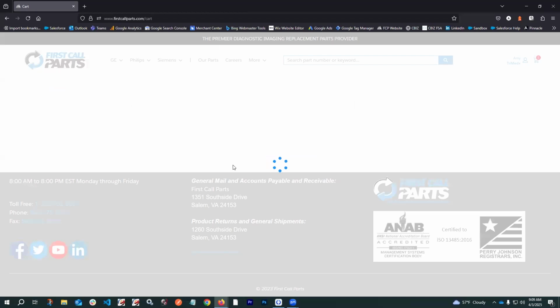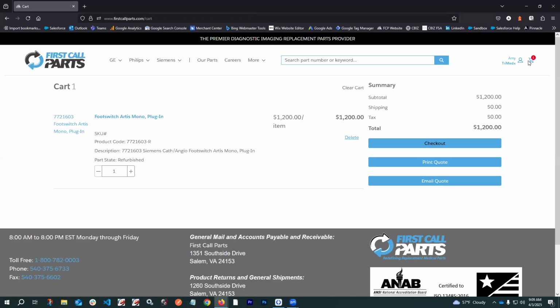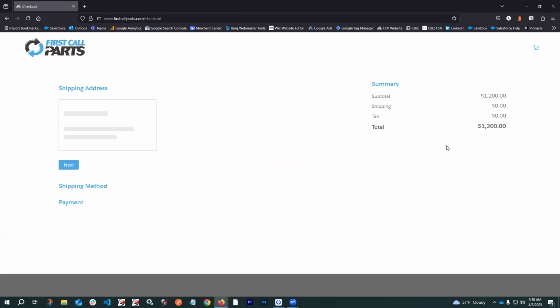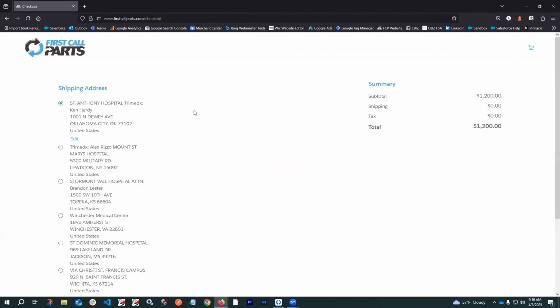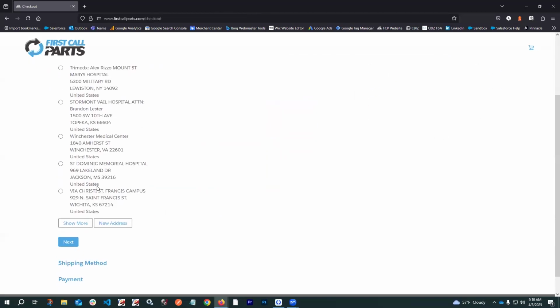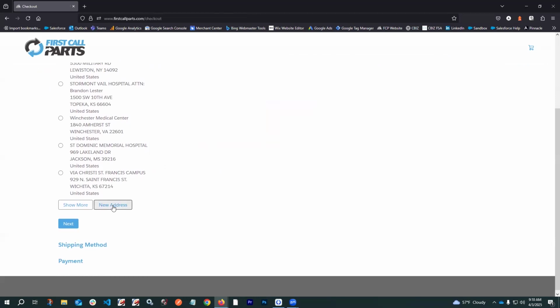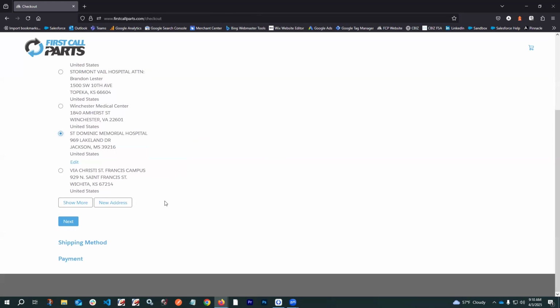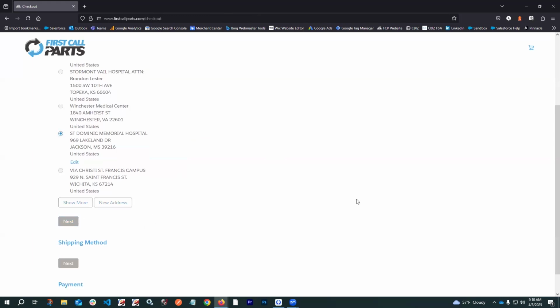Moving back to our part that we have in our cart, if we click on our cart icon, we can move over to view our product details and proceed to checkout here. What we can do now is select the address that we want to ship to, or we can create a new one. We'll go to next. And here we're going to decide on our shipping method, how we want it shipped, FedEx,